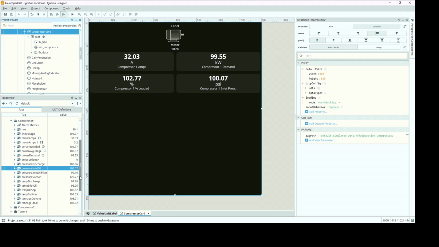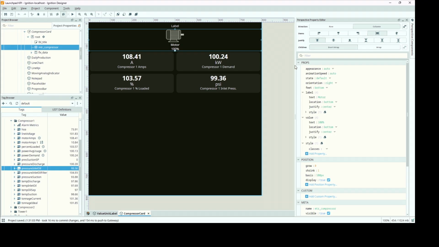So that would be a note when you're creating tags, if you're using widgets like these and you are tying to things like documentation and tag paths, you may want to either create that when you're generating the tags, or, since we know none of these tags have any documentation, we could write a script that goes through and updates all of those across the entire project to give us valid information on what we're looking at there. So now that we have the data down here at the bottom working,